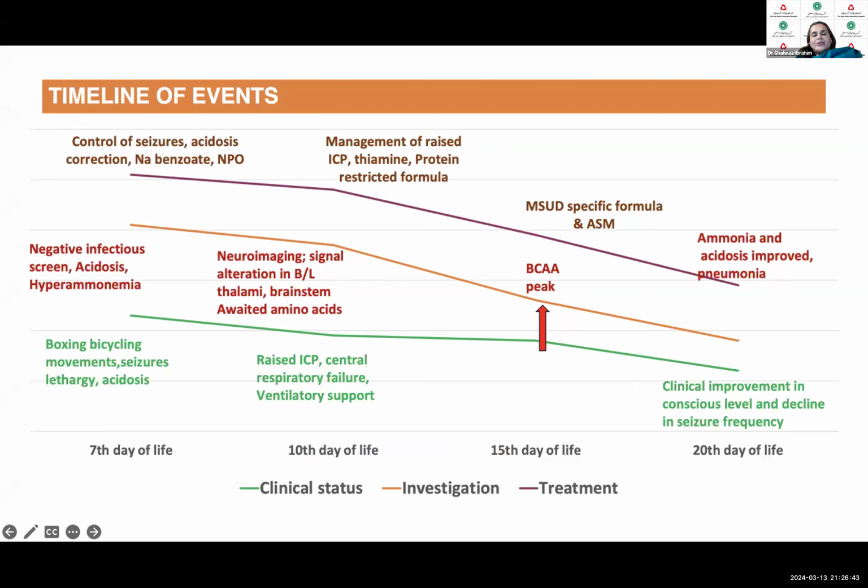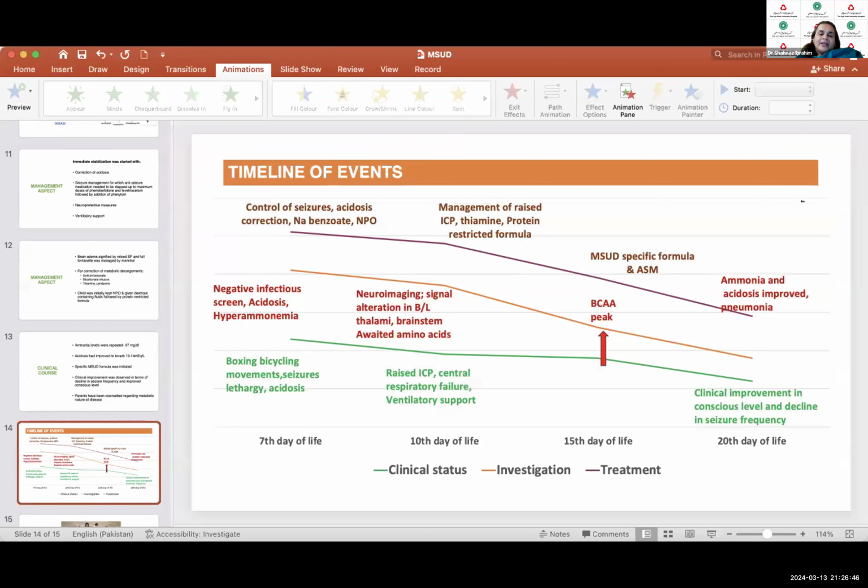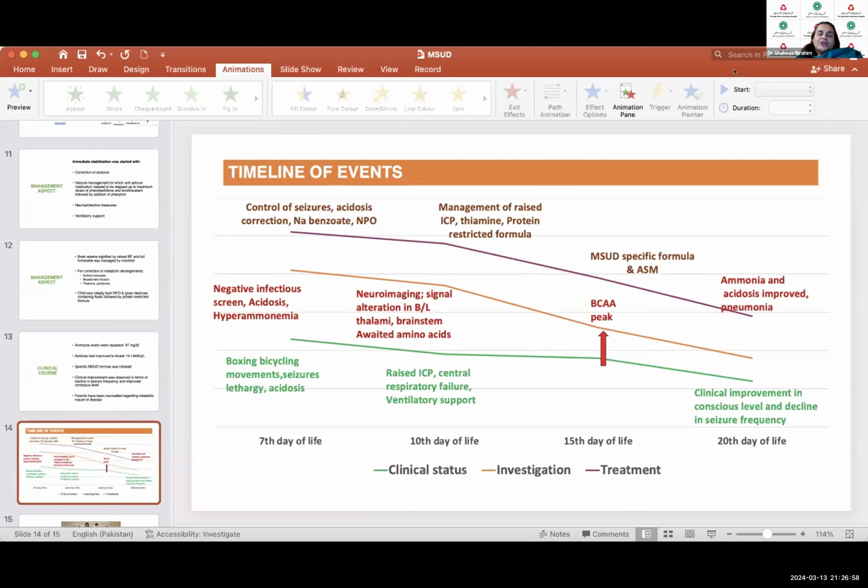So no, I don't think that there is anything to add. Metabolic disorders are very, very common in our country because we have a very high rate of consanguinity. So for us, neonatal seizures presentation, besides HIE, which is also very common, metabolic is something that we will always consider as a cause, and keeping in mind not only the organic acidemias, but non-ketotic hyperglycinemia is also not uncommon. So this is a very classic presentation of an organic acidemia and well presented Javeria.